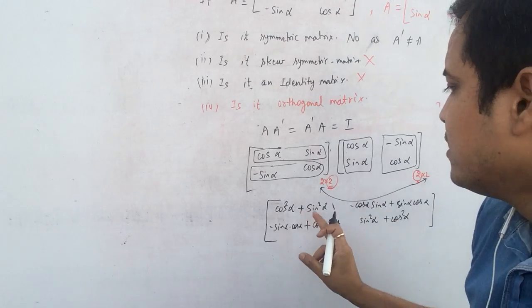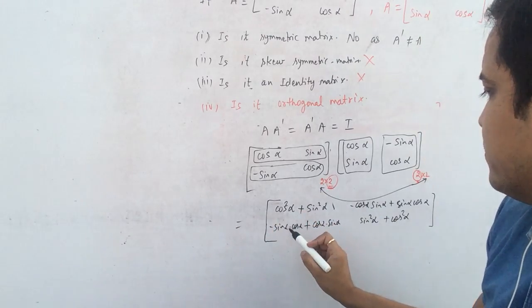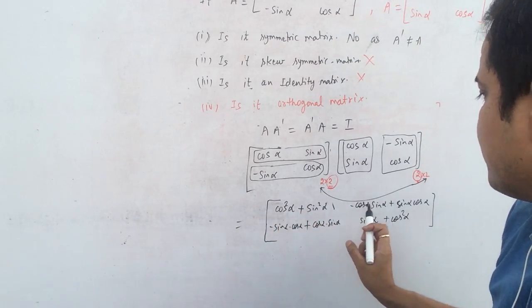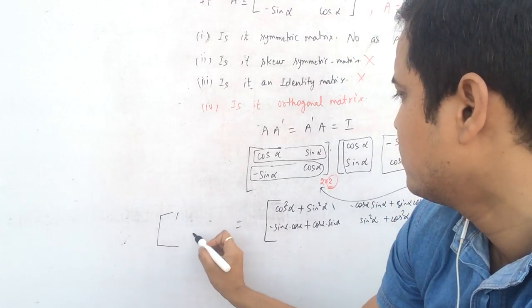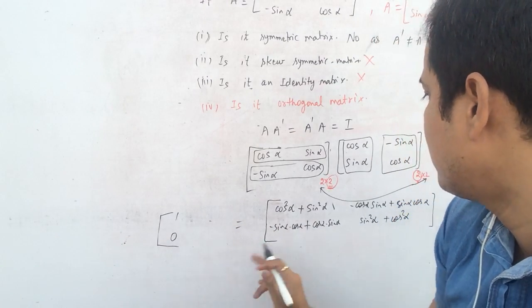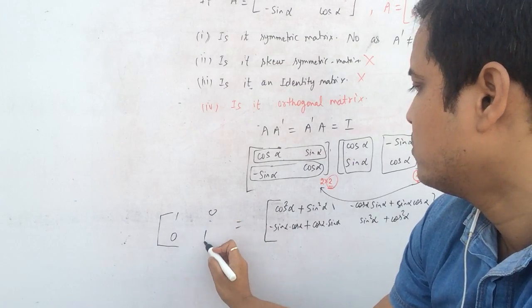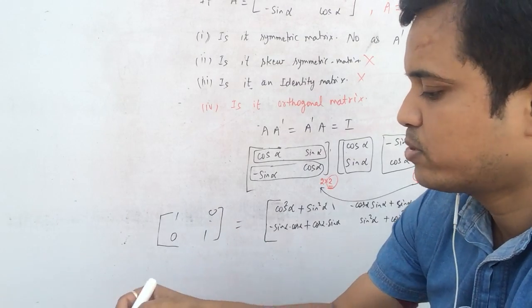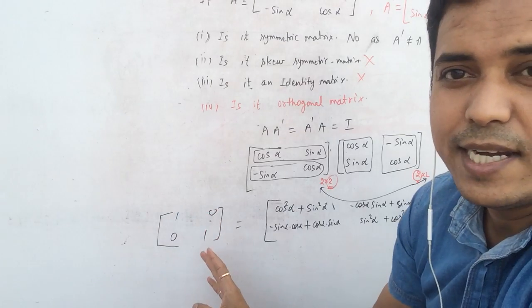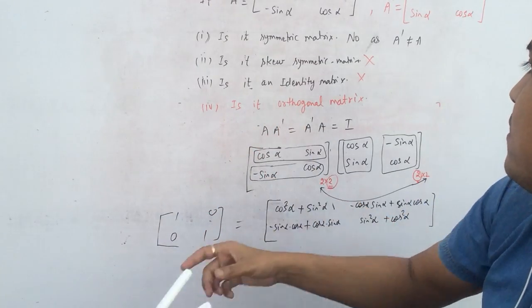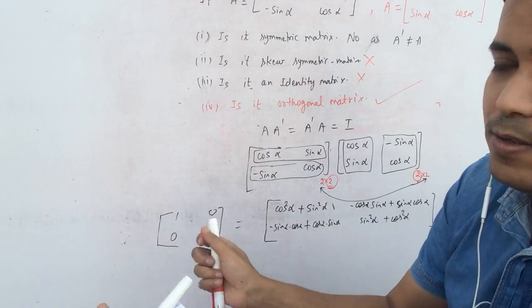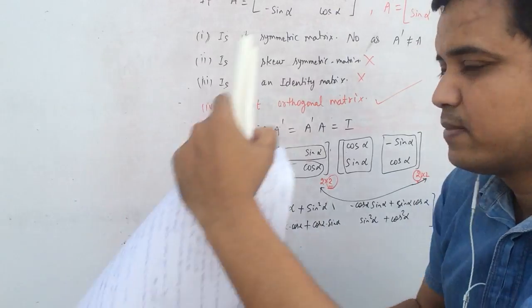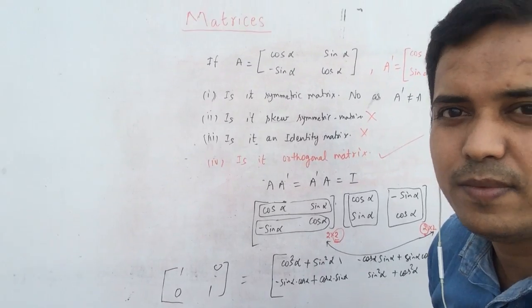And as you know that here this is same, so it will be cancelled out. So here sin square alpha plus cos square alpha is 1. Here it is cancelled out, again it is cancelled out, so it is 1. Now the fourth option is true, it is an identity matrix. So is it an identity matrix? Yes, this one is an identity matrix. So here we are with the solution. So we need to do the question like this.